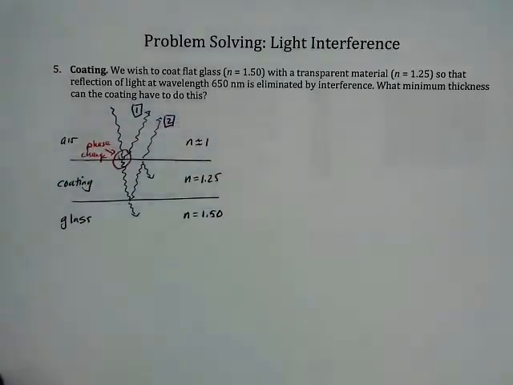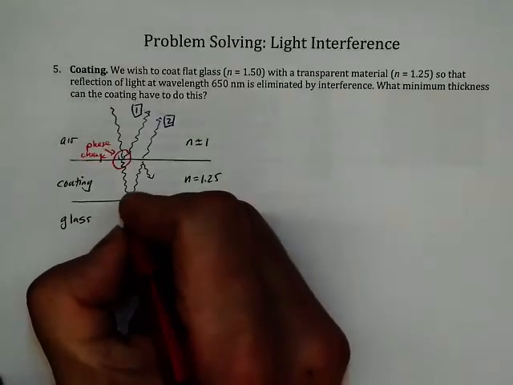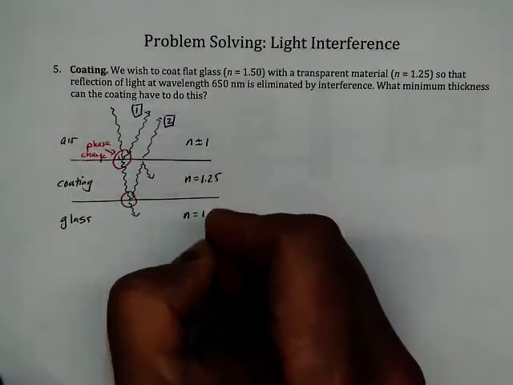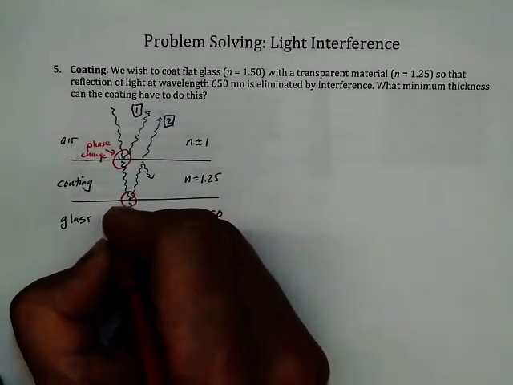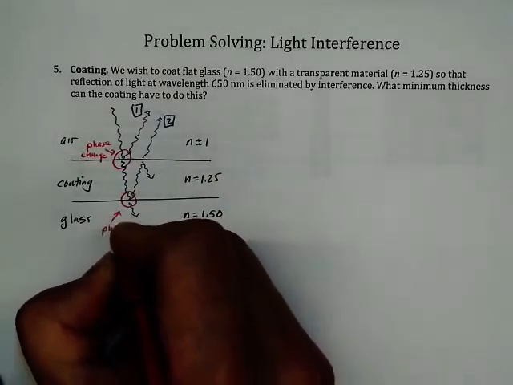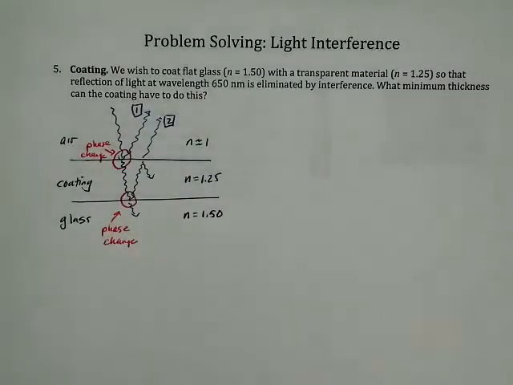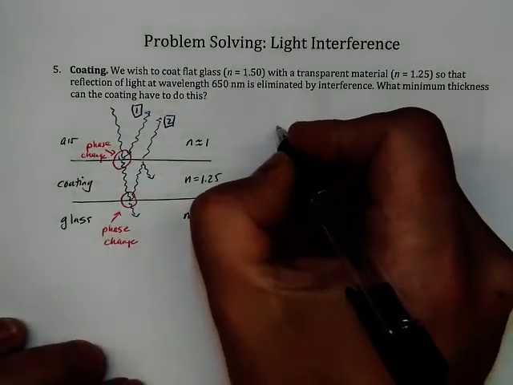It's just like a fixed end reflection when you do waves on a spring. Here as well, coating to glass is the higher index of refraction, so there is also going to be a phase change here, and we need to keep that into account when we are working out what the path length